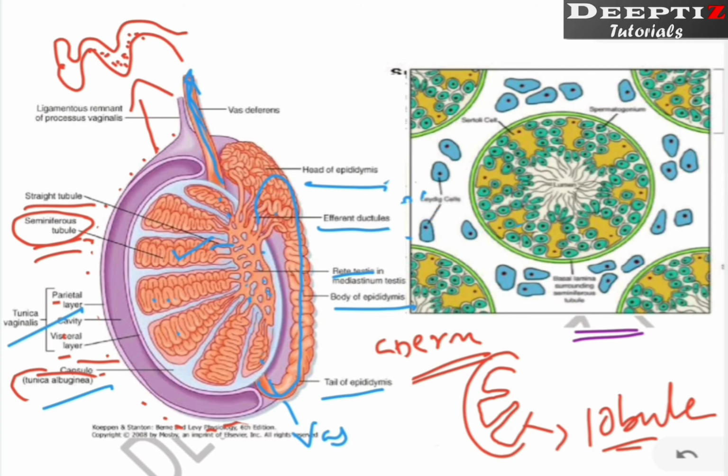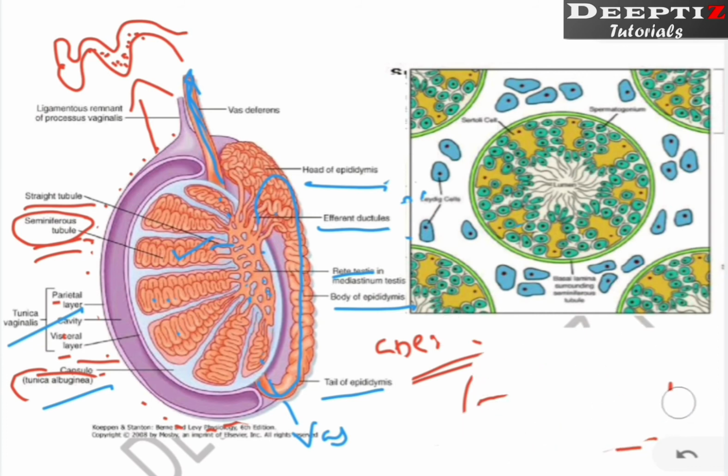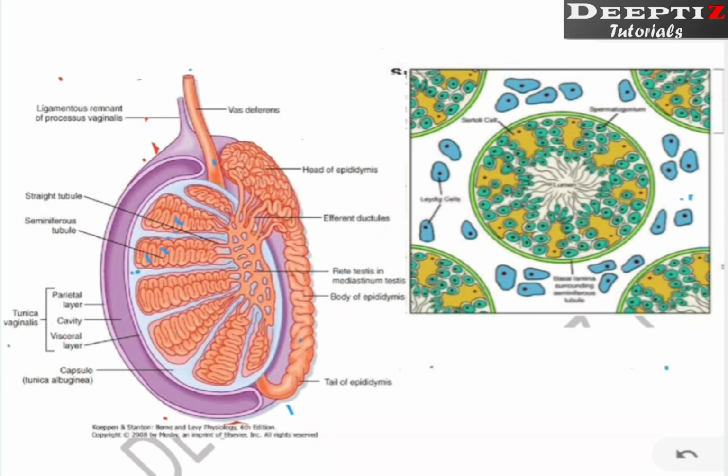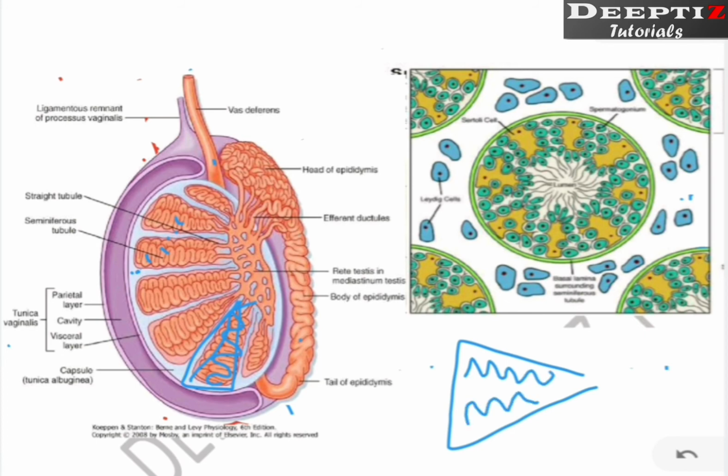Now let's come to this diagram, which is very important. If you understand this diagram, it means you have understood almost everything. Now we will understand this diagram. If I make one lobule here, this is that lobule, and these types of tubes are there, right? One seminiferous tubule is here, another seminiferous tubule is here, and another will be there. So compartments are there this way. I have drawn one testicular lobule. Inside that there will be these types of seminiferous tubule.